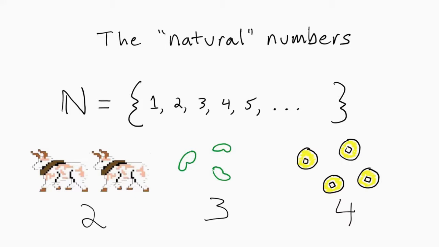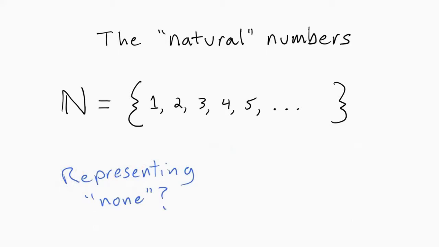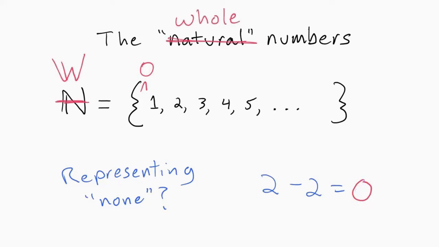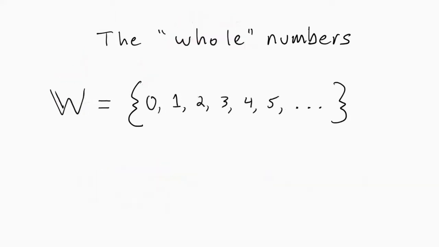But while the natural numbers have the advantage of being intuitive, there's a limit to what they can be used to represent. For example, what if I have none of something? I can't represent that quantity with this number system. I also can't subtract a number from itself, so there are a lot of subtraction expressions I just can't evaluate in this number system, so we better add 0. I'm going to call the new number system the whole numbers. And I should say here that the terms natural number and whole number are not standard in the mathematical literature. Some people will say that 0 is a natural number but isn't a whole number. Some people will define them both to have 0, both not to have 0. For our purposes, we just need to be able to distinguish between the two, so I'm going to say the natural numbers are 1 and up, and the whole numbers contain 0.